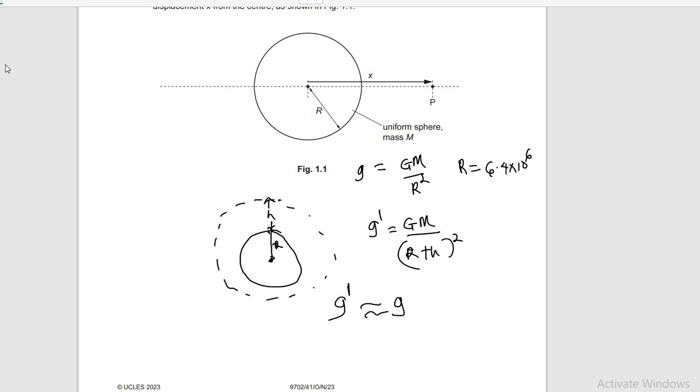The reason is that for a small height, such that the height is far less than the radius, for example, if we had 1 plus 2 million, it's like 2 million and 1. The 1 is really insignificant, it doesn't change 2 million. The same thing applies in this context. Since h is far less than R, h plus R will be approximately equal to R. It's just like saying 0.1 plus 6.4 times 10 to the power 6, which is approximately equal to the radius of the Earth. So now the explanation will be,